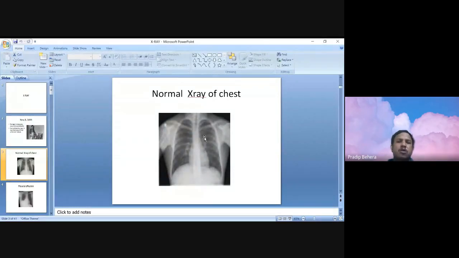At the upper part of the left border of the heart, you may find a bulging that may be due to an aortic aneurysm. This is called unfolding of the aorta, which may also occur in systemic hypertension. Then the second structure is the pulmonary artery. So: aorta, then the pulmonary artery, then the left atrial appendage, and the left ventricle.